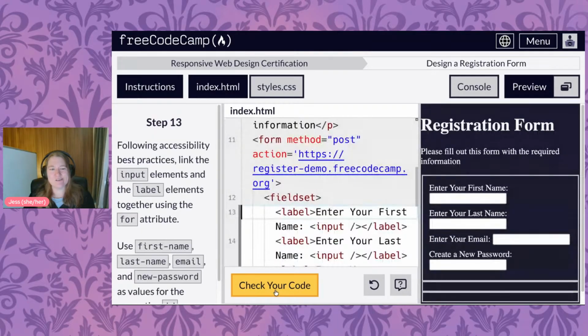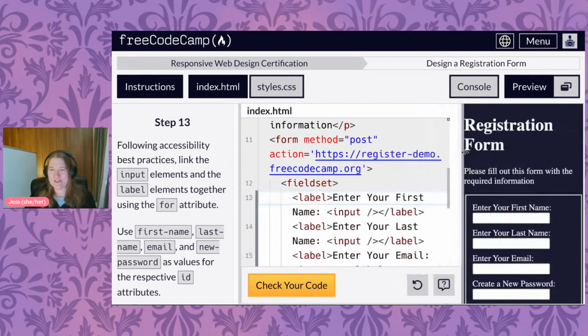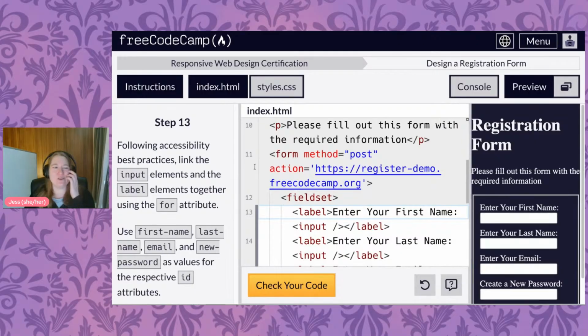I'm going to continue. We are going to follow accessibility best practices because we love accessibility best practices. I'm going to shrink this cute little preview. So we're going to link our input element and our label element together using the for attribute. Okay. So our label,